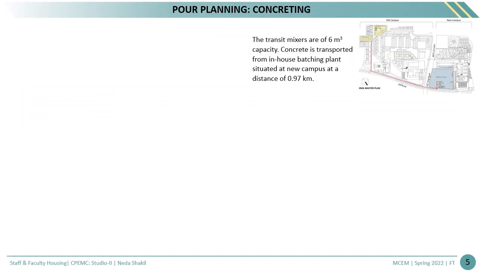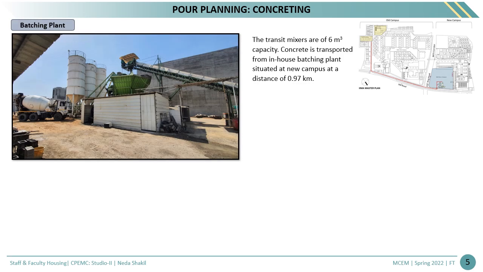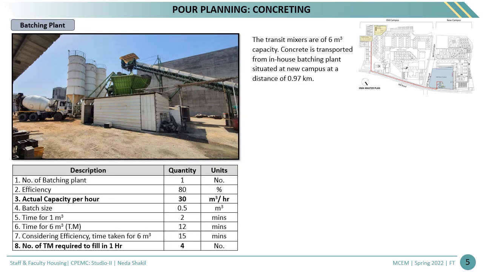The concrete is transported from the in-house batching plant situated at the new campus at a distance of approximately 1 km. The efficiency of the batching plant is 80% and the actual capacity is 30 cubic meters per hour. The transit mixer of 6 cubic meters takes 12 minutes to fill and it can fill 4 TMs in 1